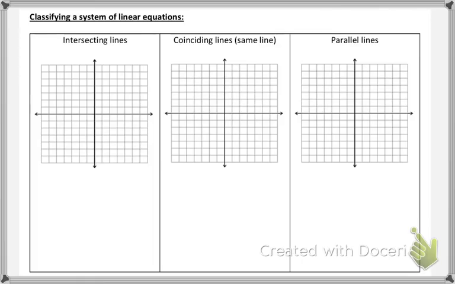So anytime you have a system of two linear equations, two lines, you could have three possibilities. Possibility number one, you could have intersecting lines. So for example, you could have